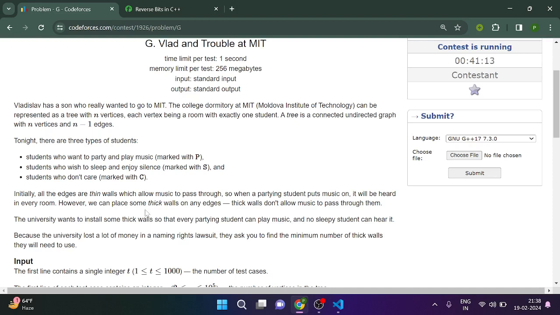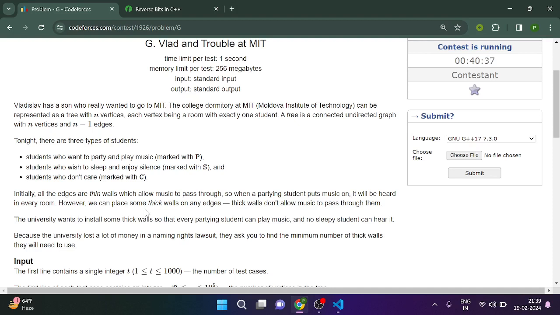However, we can place अच्छा, सो ठीक है। सो अगर पार्टी किया जाता है किसी रूम में तो इट विल बी हर्ड इन एवरी रूम। हाउएवर वी कैन प्लेस सम थिक वॉल ऑन एवरी एजेस। सो थिक वॉल डोंट अलाउ म्यूजिक टू पास थ्रू देम। सो थिक वॉल जो है अलाउ नहीं करता है म्यूजिक को टू पास थ्रू देम।